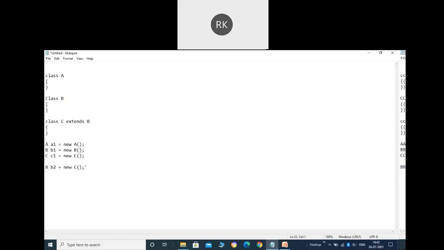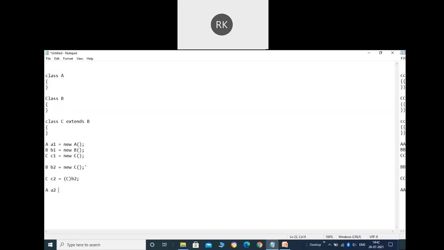In the next line, if I want to convert into C, I can convert like this: C2 equals to, it can be converted like this. So this is the typecasting I'm doing here. In the same way, let's suppose you are trying to do this between A and B, because you can see there is no relationship between A and B. If you want to write a typecast like this, it will be an error.